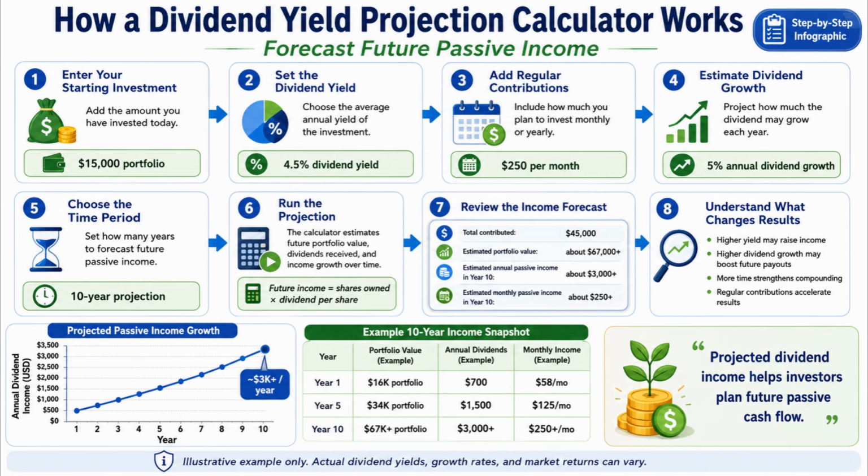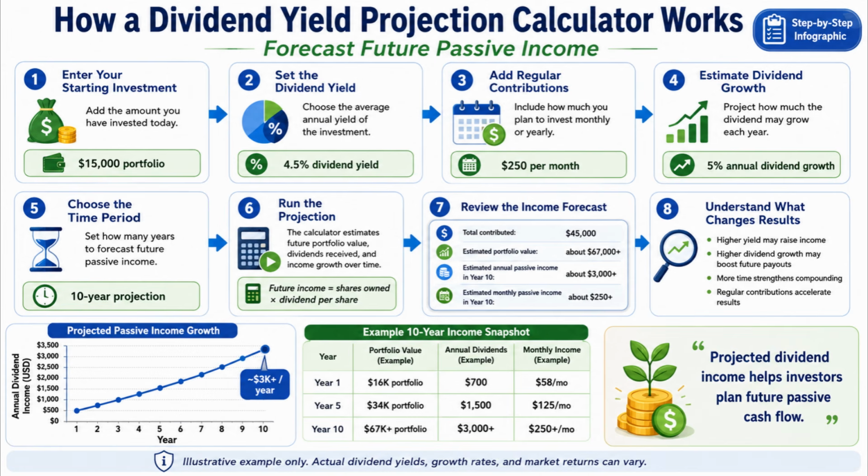In this video, we will discuss how a dividend yield projection calculator works to forecast future passive income. First, the calculator begins with your starting investment, which is the amount of money you already have invested. For example, if you start with a $15,000 portfolio, that amount becomes the base from which your future dividend income